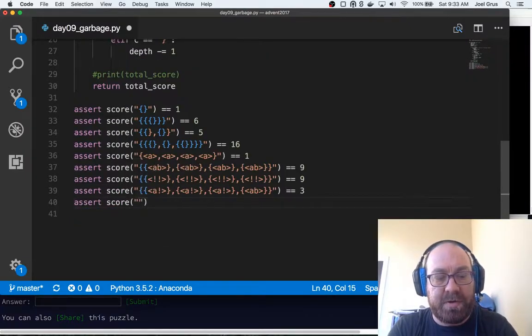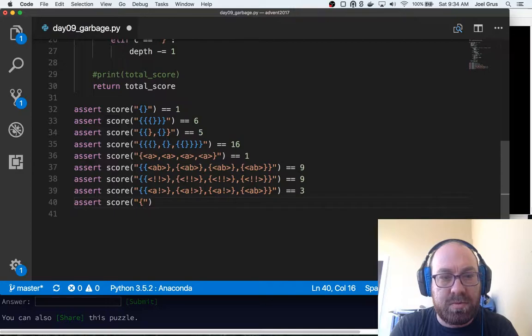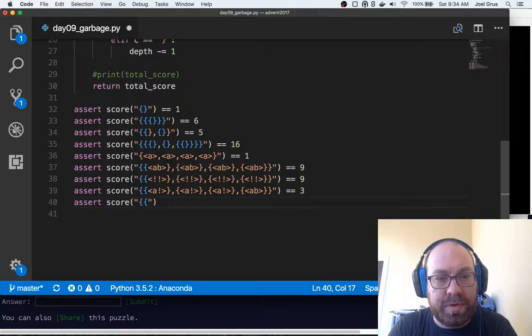Assert score of, I open, that's good, and fake close, so that's open, fake close, fake close, fake close, fake garbage, real close, real garbage, fake close, open, real close, and then actual close.